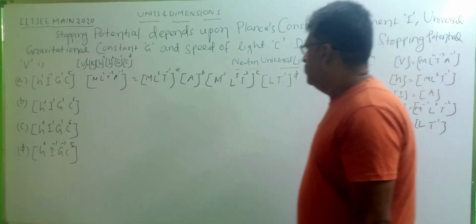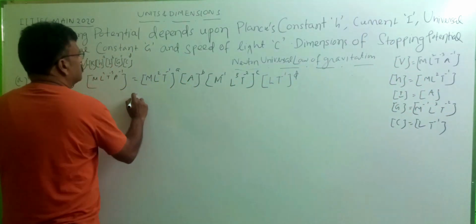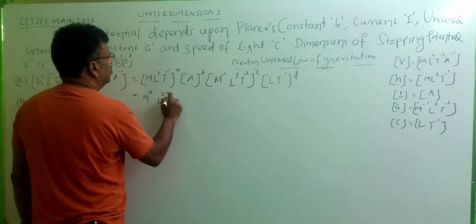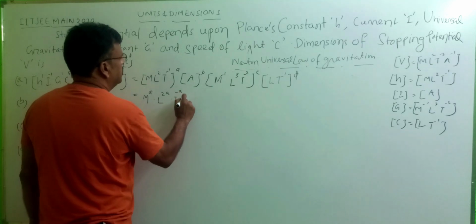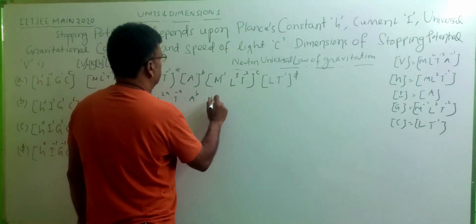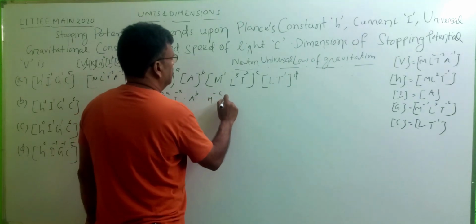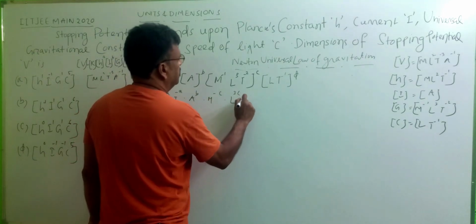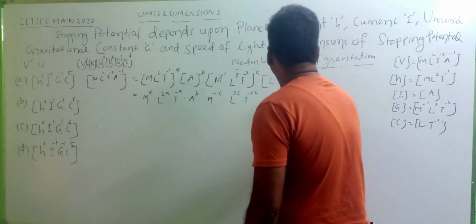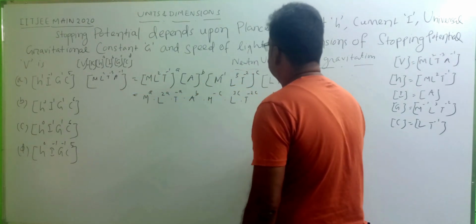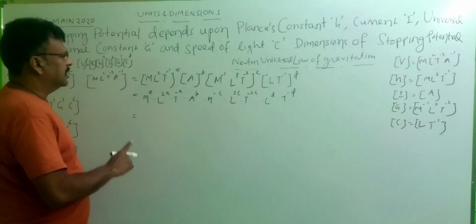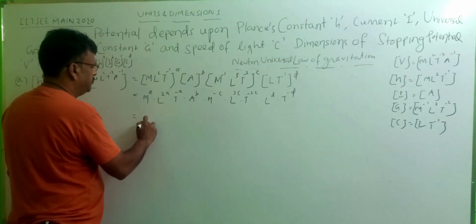Okay students? Let us expand them. This will give us M to the power a into L to the power 2a into T to the power minus a into A to the power b into M to the power minus c, L to the power 3c, T to the power minus 2c into L to the power d into T to the power minus d. And let us write the exponents of M together. That will be